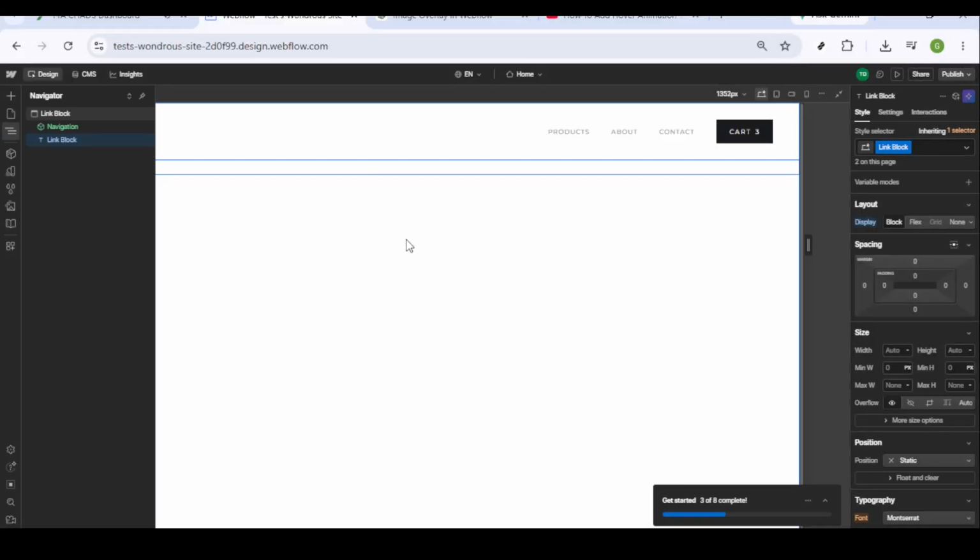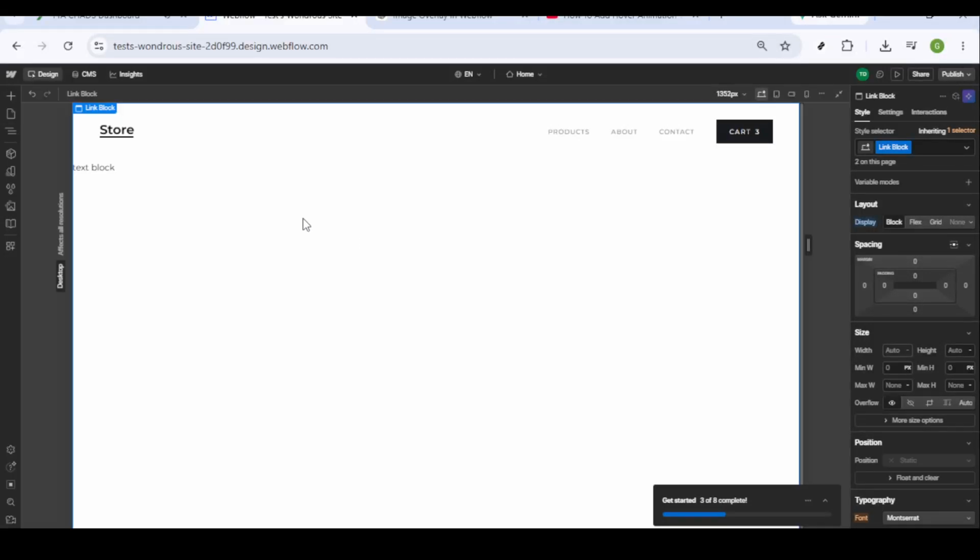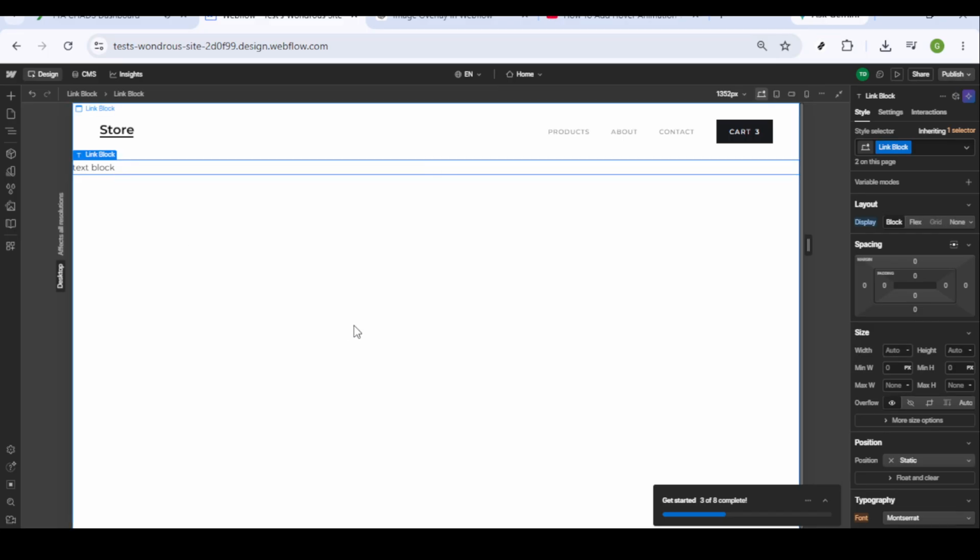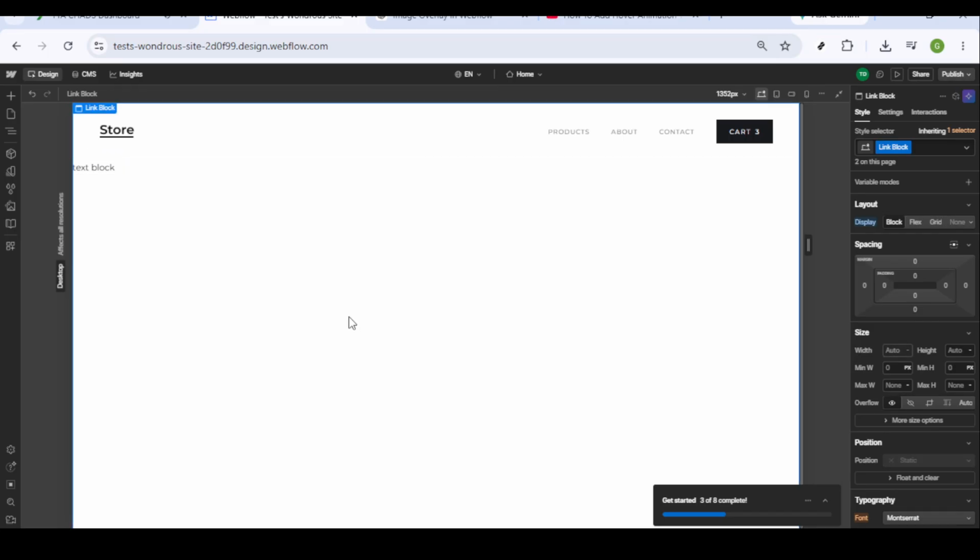In today's video, I'm going to teach you how to add hover animation to text in Webflow. Whether you're looking to add a dynamic touch or simply enhance user interaction on your website, creating engaging hover animations can make a significant difference. And don't worry, in just a few simple steps, you'll be able to bring your text elements to life with